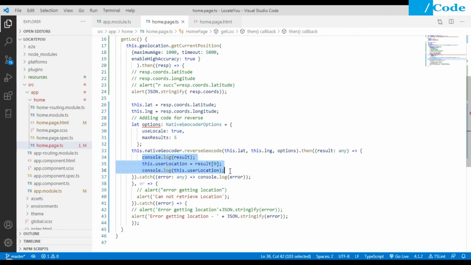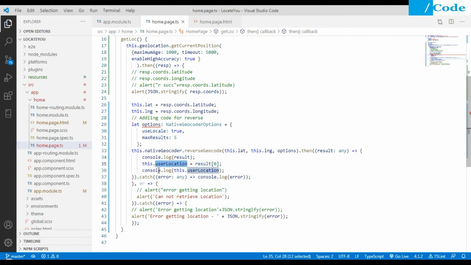Once we have that data, we print the result in the console and we get 5 records, the nearest 5 results, in an array. We are just taking the first one only.